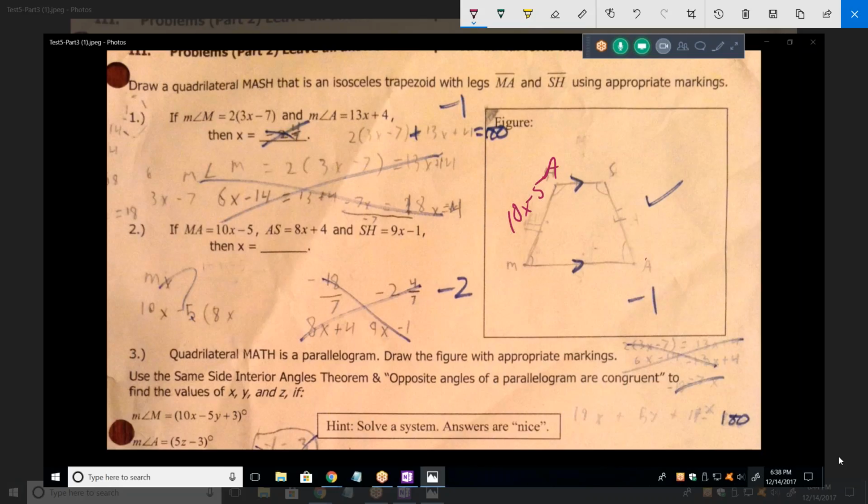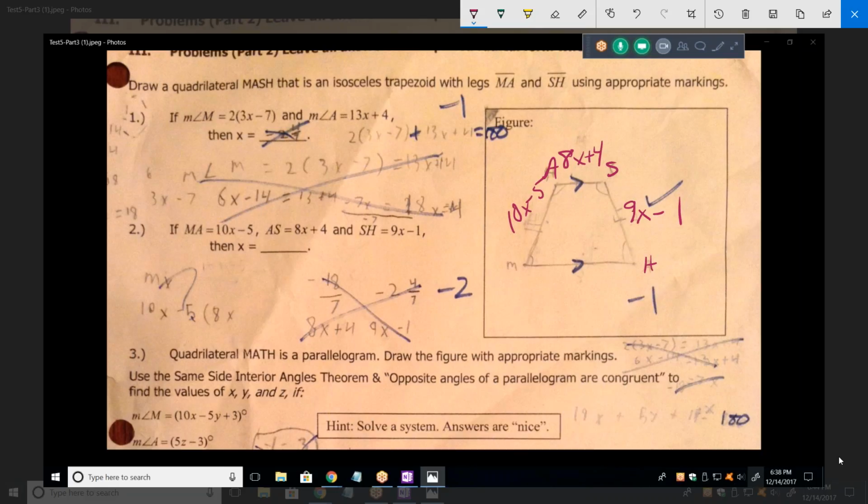And that's H, okay. And AS is 8x plus 4, and SH is 9x minus 1. Solve for x. Okay. So what we could do is